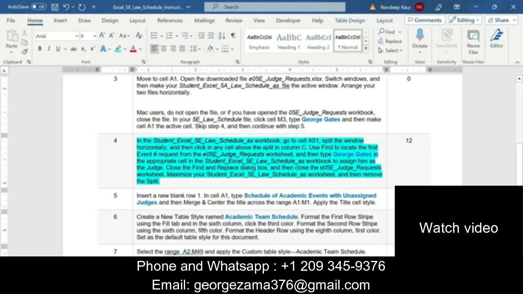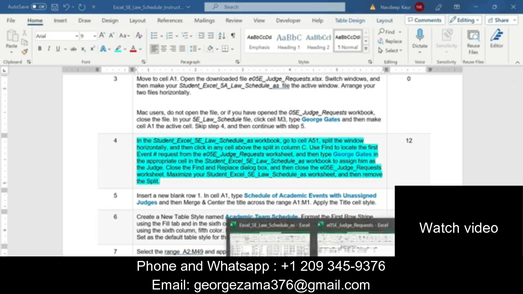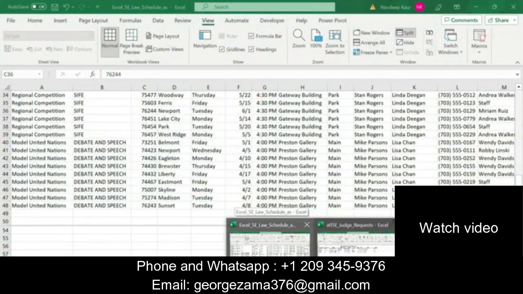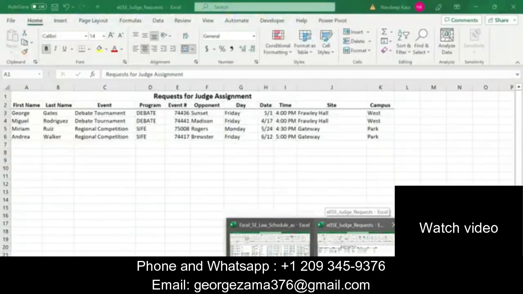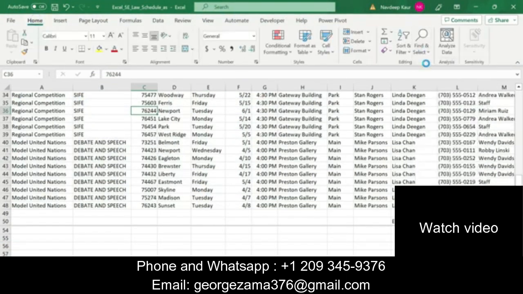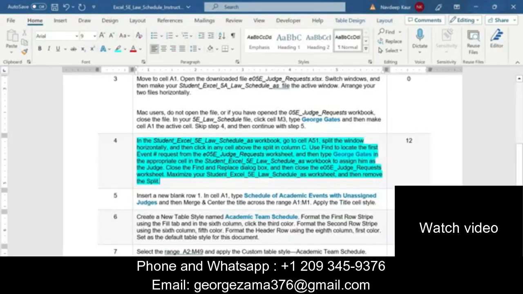Now use Find to locate the first event number request from the request worksheet.